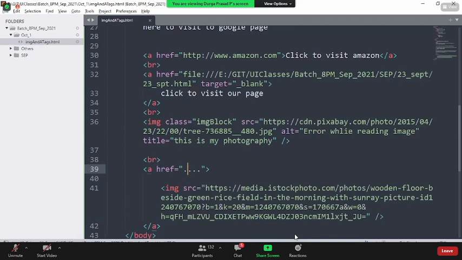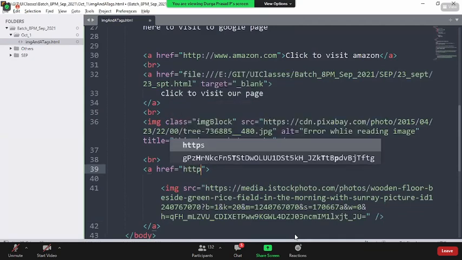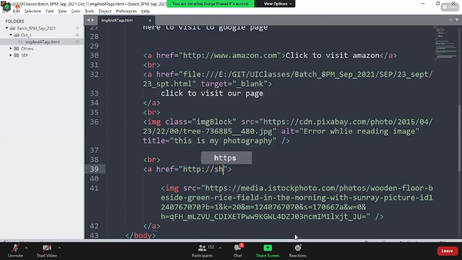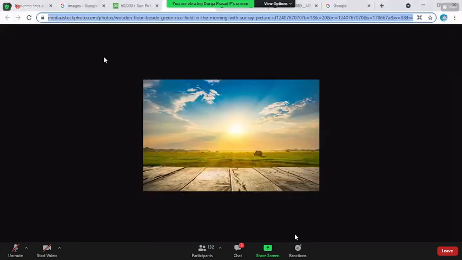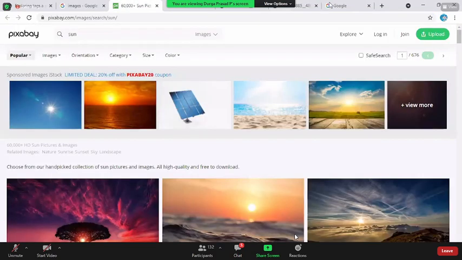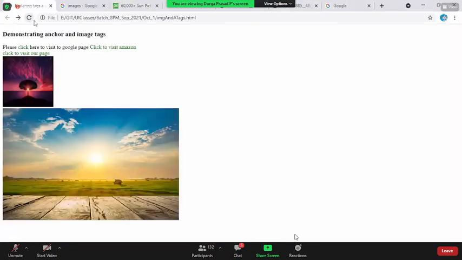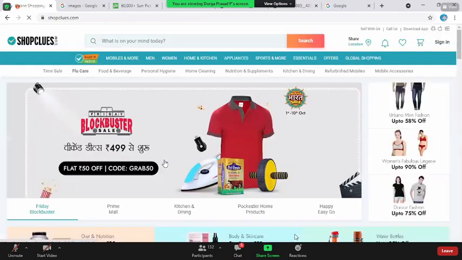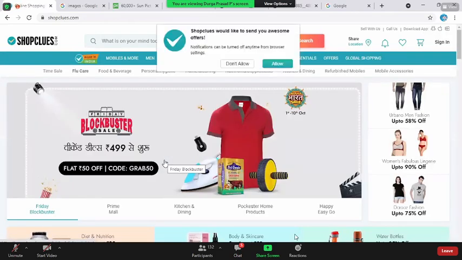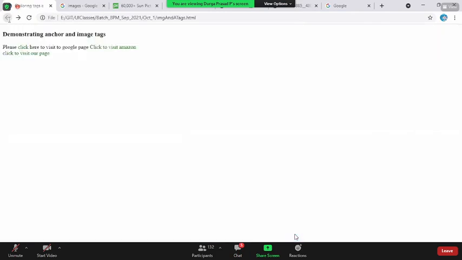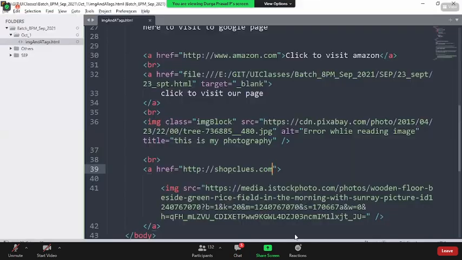Now for the href, I say http, shopclues.com. Now, if you save this, come back, and reload the page, you see this image is coming. Whenever I mouse over, it turns into a link. Whenever I click, is it not redirecting me to shopclues.com? Yes, it is. So this is how you can redirect to a web page on click of an image.